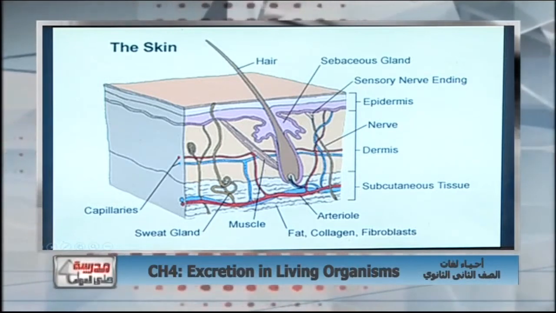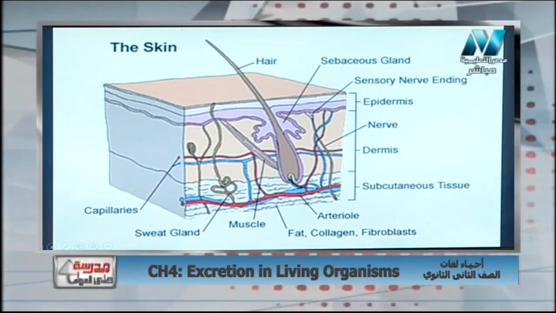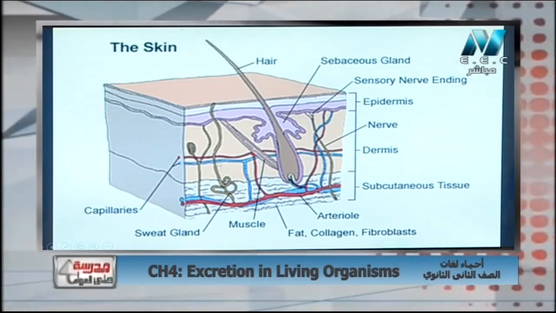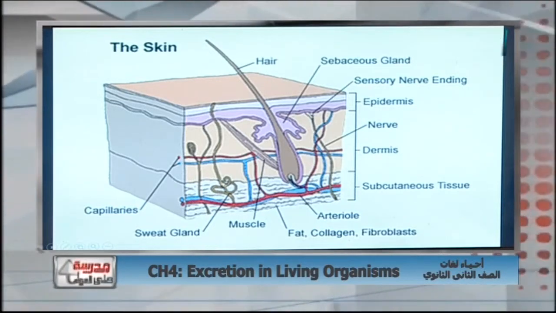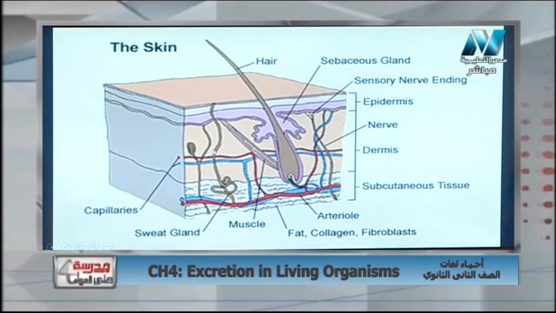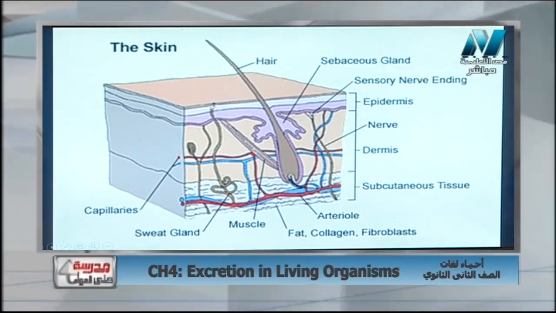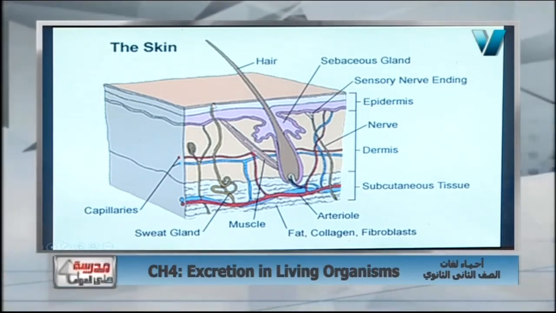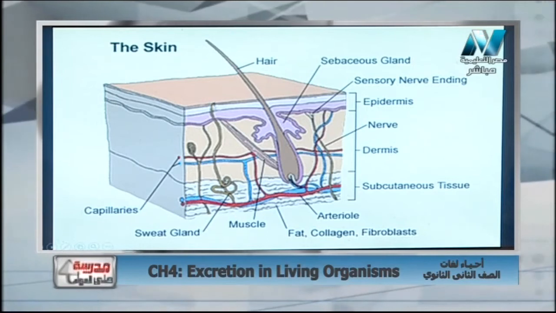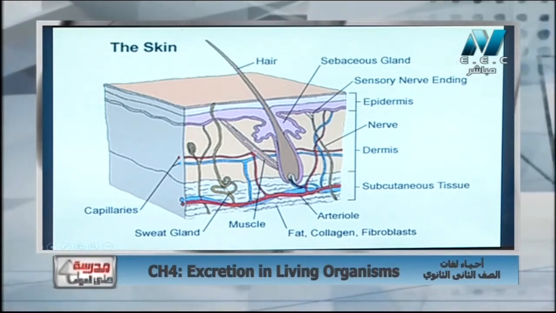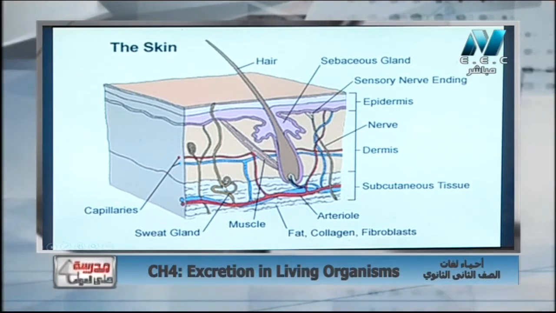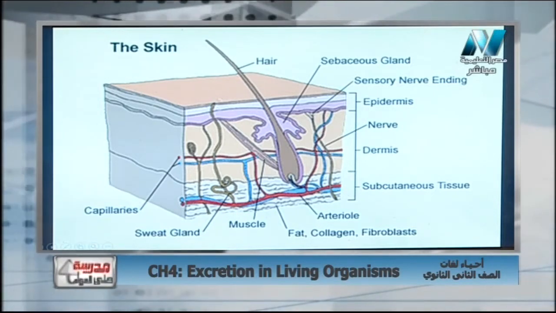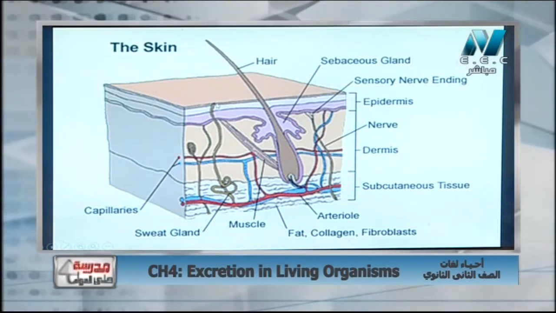The most important organ that we need to study here is the sweat gland. The sweat gland, as you see, is a coiled tube supplied with blood capillaries and has one tube that goes out of the dermis and opens to the skin surface in the epidermis by a sweat pore. The sweat gland extracts the sweat from the blood, and the sweat goes out of the body through the pore that opens in the epidermis.